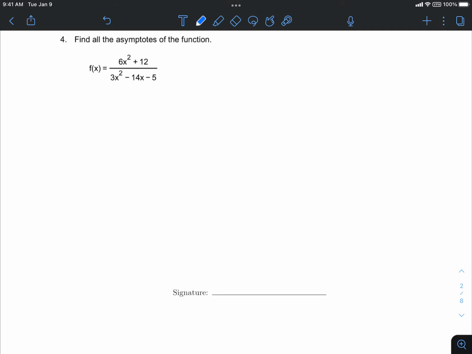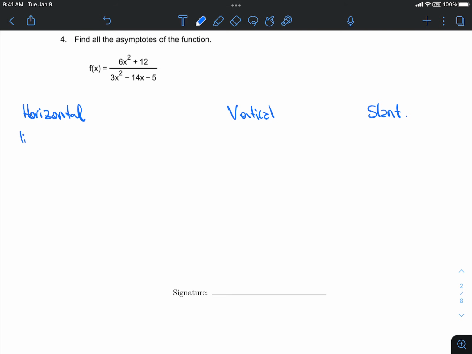Now I want to find all asymptotes for this function. There's three types of asymptotes. There's first the horizontal asymptotes. There's the vertical asymptotes. And then there's the slant asymptotes. So to find the horizontal asymptotes, you want to find the behavior of the function when x is very, very